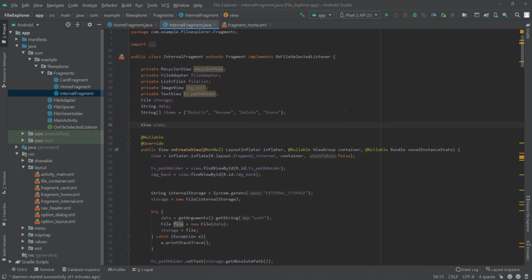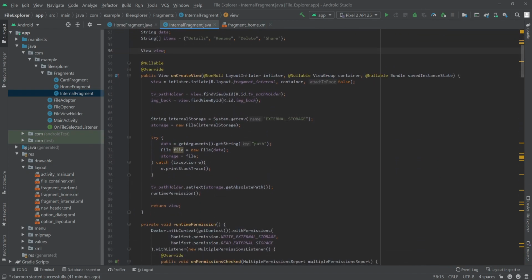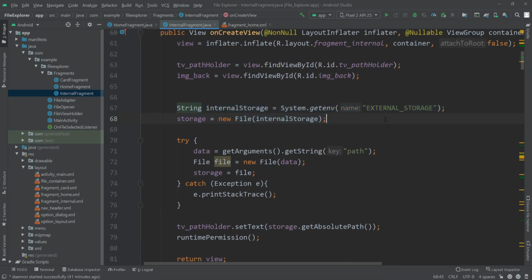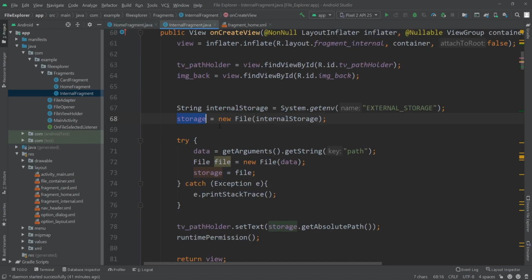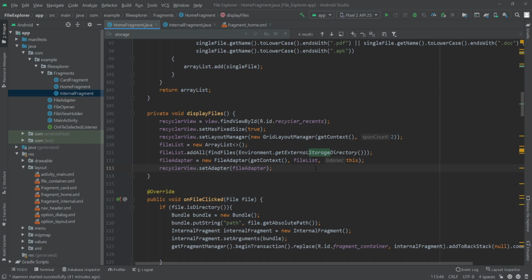You can create the storage from this, like the external storage, and you can also pass this storage for this parameter, but I am passing directly Environment.getExternalStorageDirectory. You may get this as deprecated, so if you get that, you can use this method instead. Alright, so now